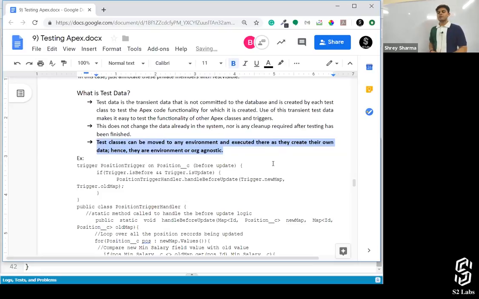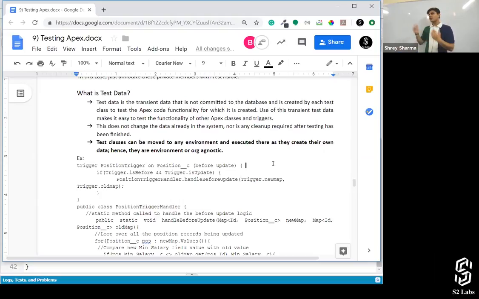This is very important. So why do we create test data when we write test classes or unit test methods? Currently you are executing the test class in your own org, let's say in your sandbox, and you've already created some records in the object, and you're writing @isTest(SeeAllData=true).